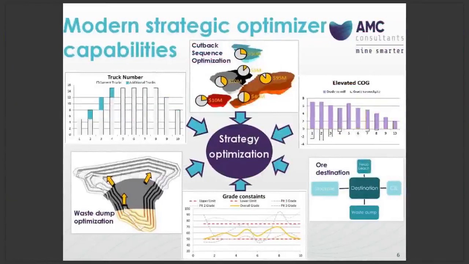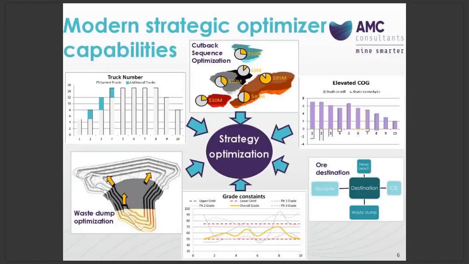So as opposed to solving our complex mining problems by following a sequential approach, strategic optimizers allow mining engineers to look at a multitude of variables and constraints at the same time in order to maximize the overall project value. And that project value can be anything that your company is looking for, such as minimizing capex, minimizing paybacks, and so on. And we will look at this in more details when I go through the 3 case